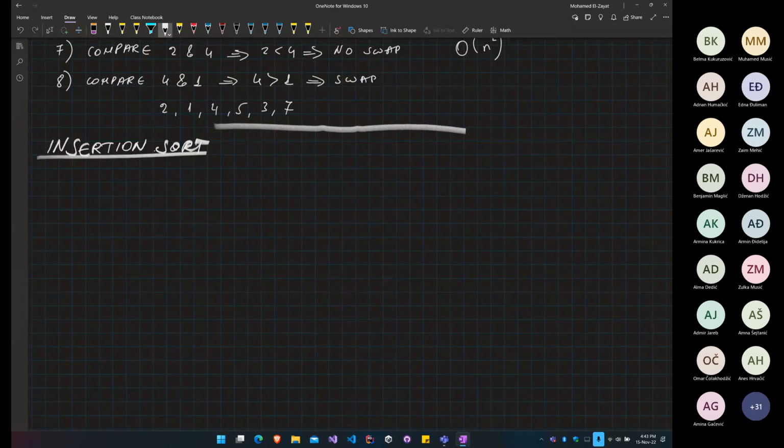Now, insertion sort is a popular one. It's also O of n squared. It's slightly more efficient in practical scenarios than bubble sort and selection sort. It proved its efficiency when people were benchmarking it. So let me actually write this down just to make this material complete. So insertion sort